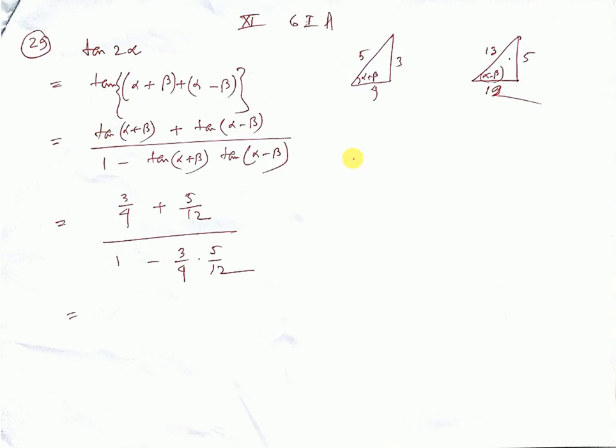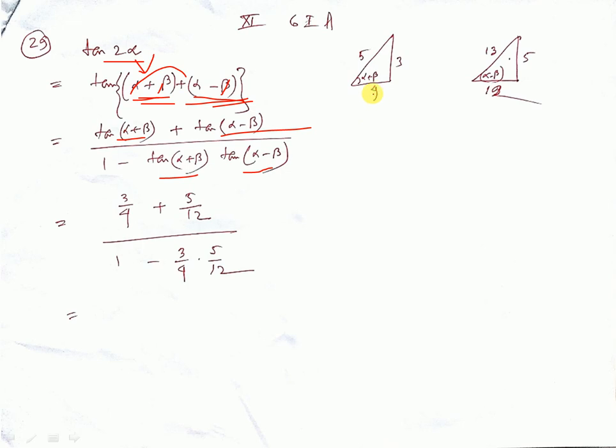Here we have to find the value of tan 2 alpha. Now tan 2 alpha, you can write as alpha plus beta plus alpha minus beta. Then beta and beta cancel, but I am not cancelling, to show you that alpha plus alpha is what is left. But I have written it in this way. Then apply the tan(A plus B) formula: tan A plus tan B by 1 minus tan A tan B.